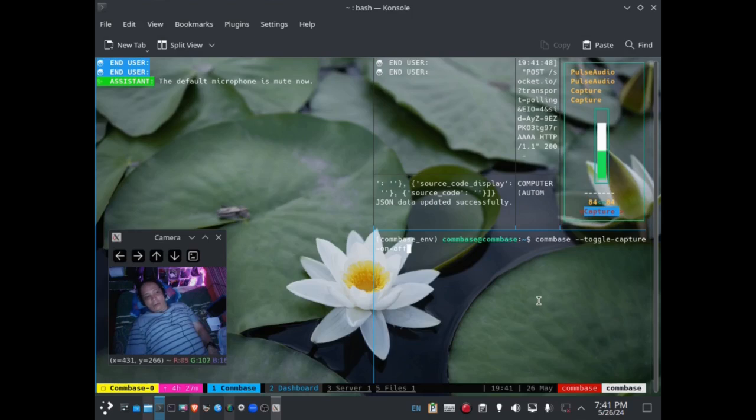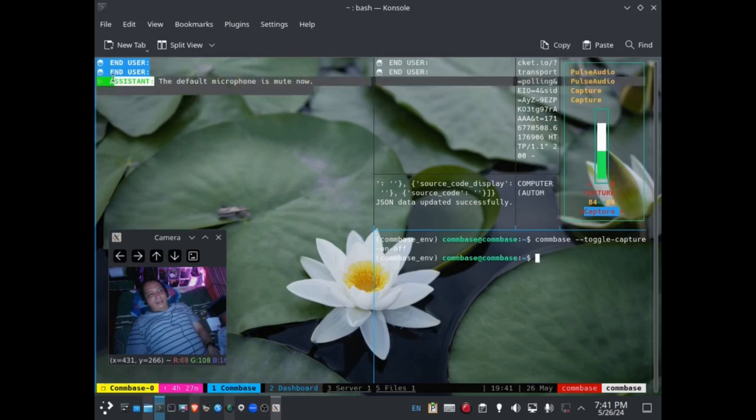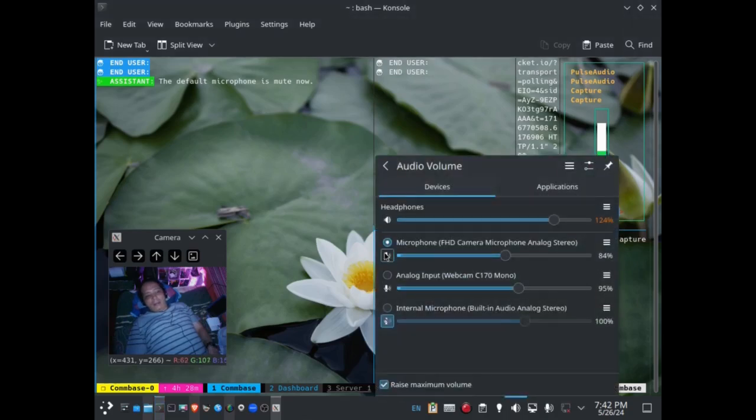But if I toggle on again, it doesn't tell anything because this command is built like this. But if I come here, Combase is now listening because the microphone is active.